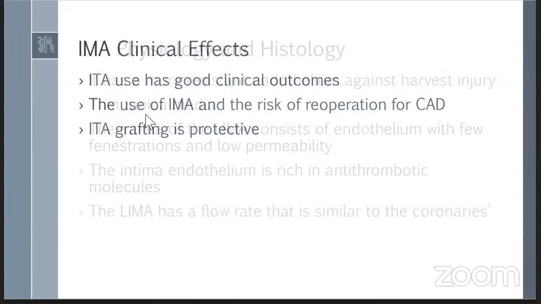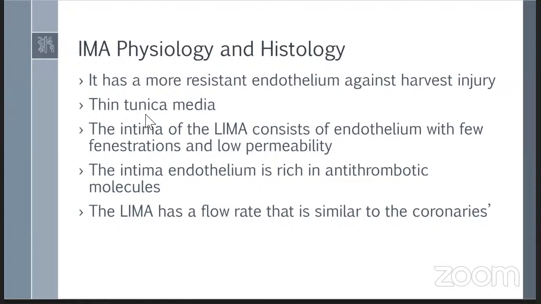So the physiology and histology of the internal mammary artery: it has a more resistant endothelium against harvest injury, unlike the vein. It has a thin tunica media. The intima of the left internal mammary artery consists of endothelium with few fenestrations and low permeability, unlike the vein. And the intima endothelium is rich in antithrombotic molecules. And the LIMA has a flow rate that is similar to the coronaries, which makes it even more at a lower risk of